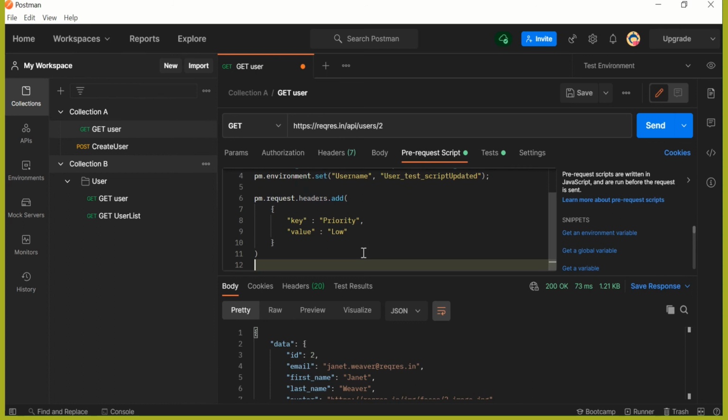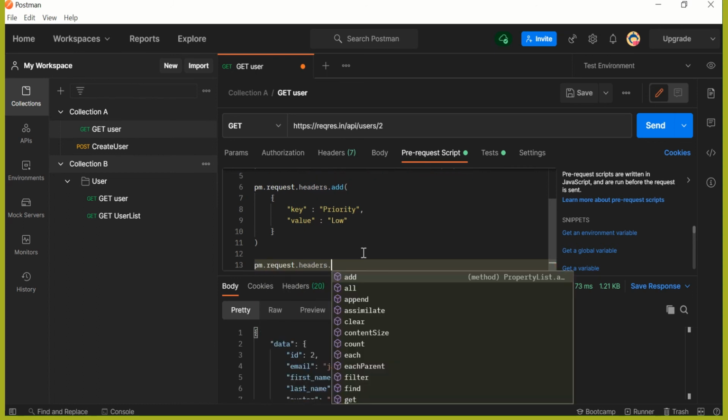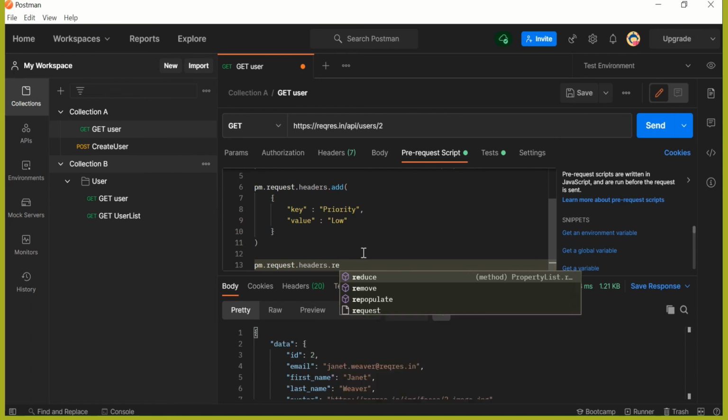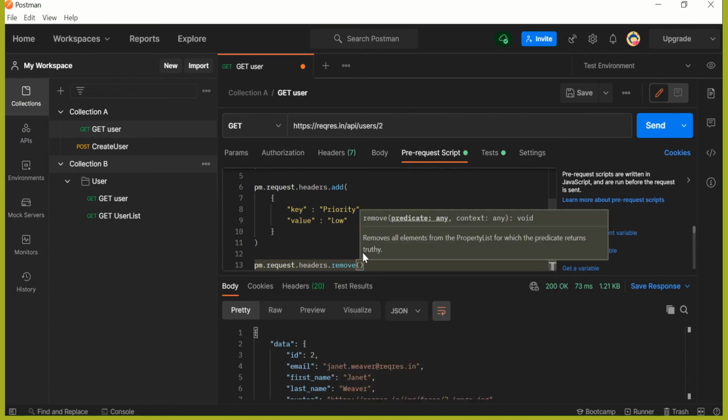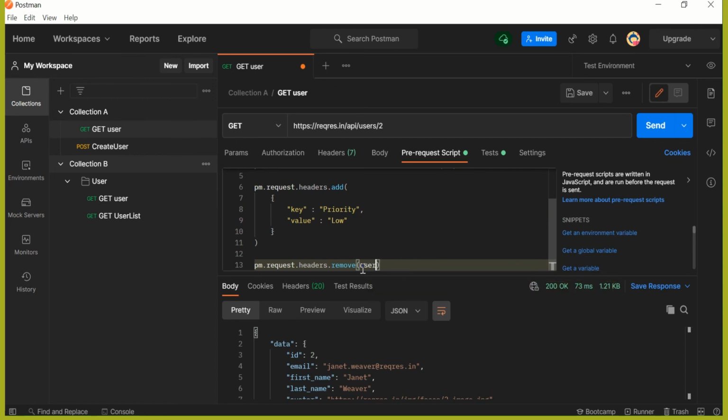Let's give it a try. pm.request.headers dot remove, and here we have to give the name of that particular key, in this case, which is nothing but username.